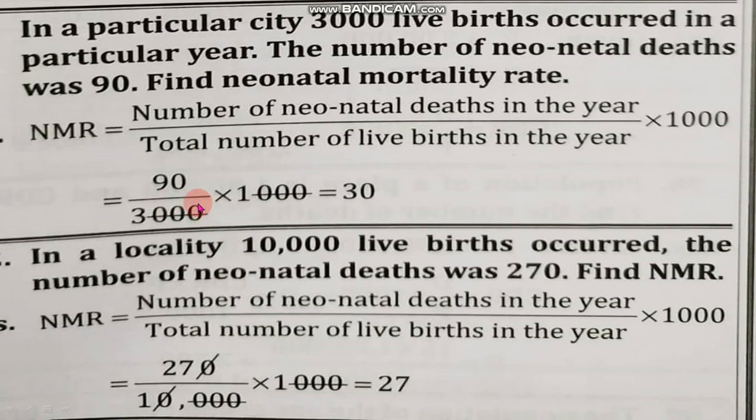Therefore, 90 divided by 3000 into 1000 gives 30. So NMR, the neonatal mortality rate, out of 3000 live births, only neonatal